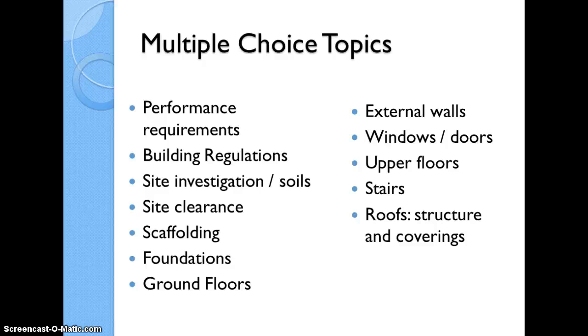Also looking at ground floors, both solid ground floors, suspended timber ground floors, beam and block floors, external wall construction ranging from traditional solid external walls through to the development of cavity walls, and in particular the provision we need to make for thermal insulation, different approaches to achieving the thermal requirements of the building regulations, looking at details around openings such as the heads of openings, lintel details, jamb details, sill details, how we accommodate windows and doors in our external walls and what form those windows and doors can take, upper floor construction, suspended